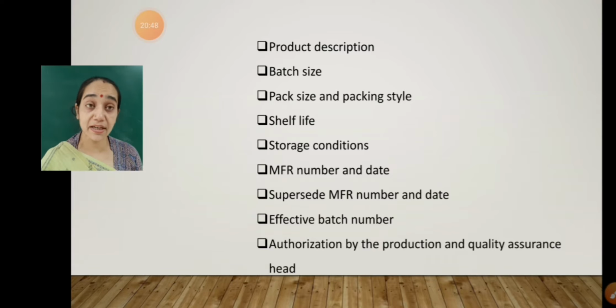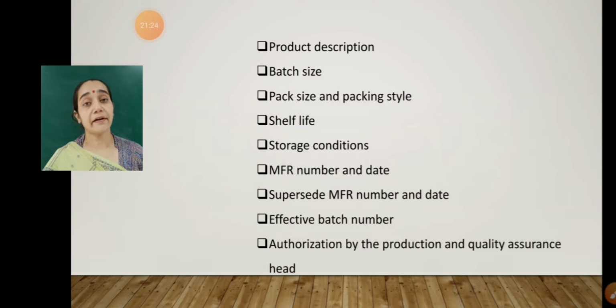So, it is the basic requirement that the storage conditions should be maintained so that the longer shelf life can be maintained. So, our master formula record will contain all the storage conditions for our product, as well as the master formula record number and date. This means the record number is 1, 2, 3, 4, as well as the date will be marked on which date